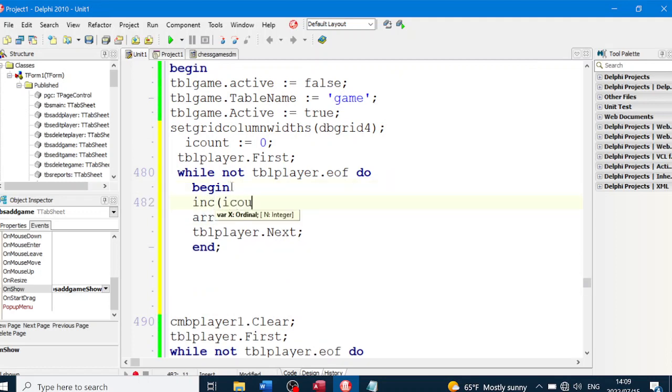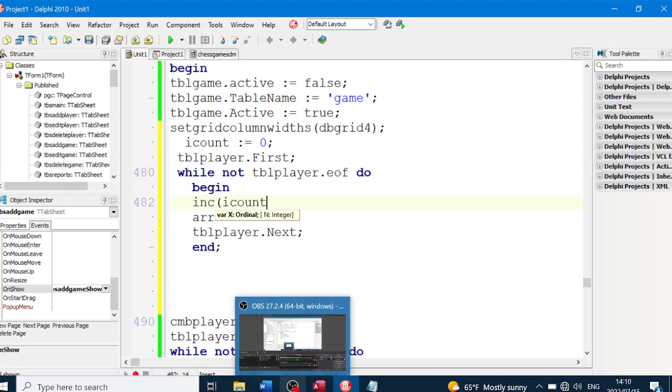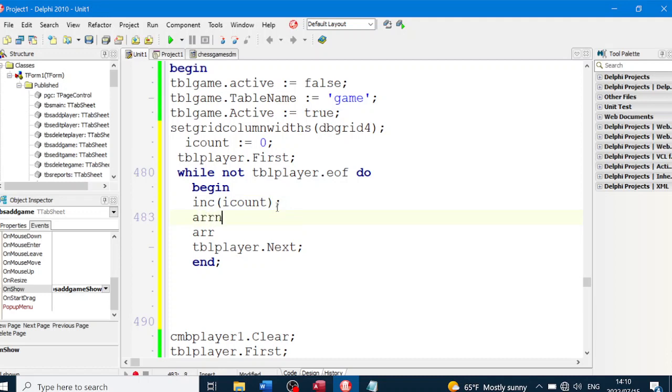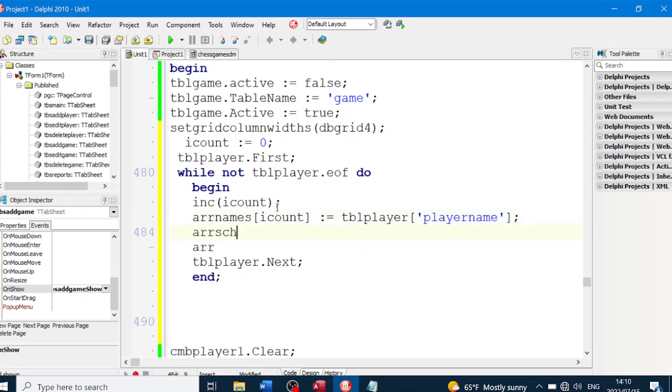Increment our counter and then put it into the appropriate box number, I mean that counter number. Increment count, our count, and then AR names box number our count will be equal to TBL players square brackets player name, and then we'll say AR schools box number our count,